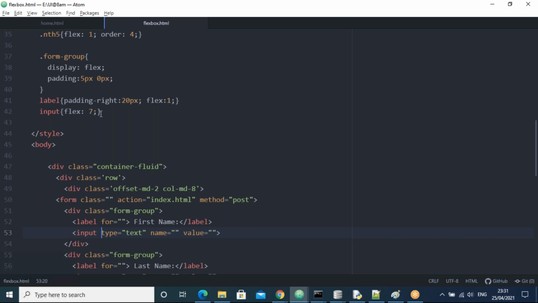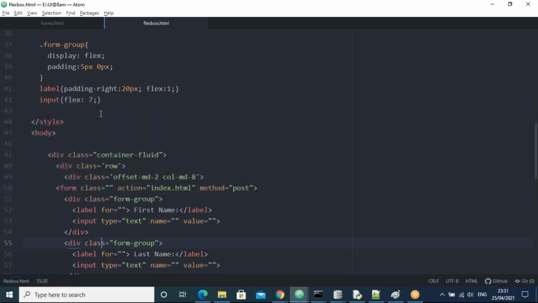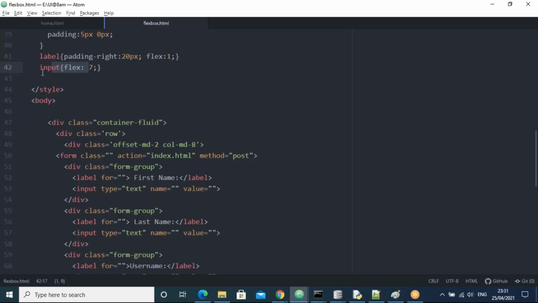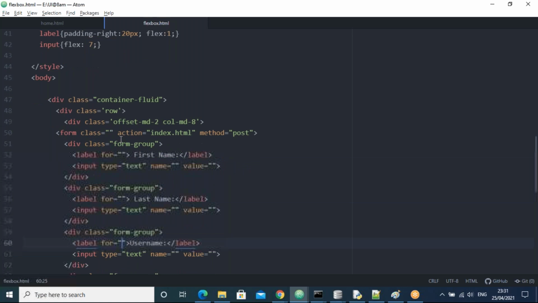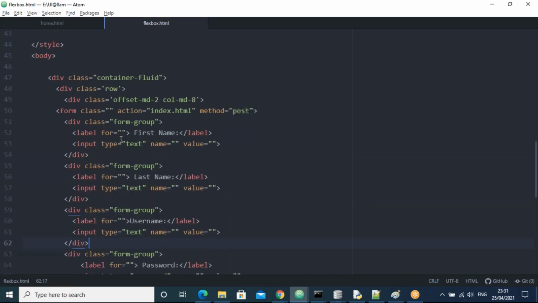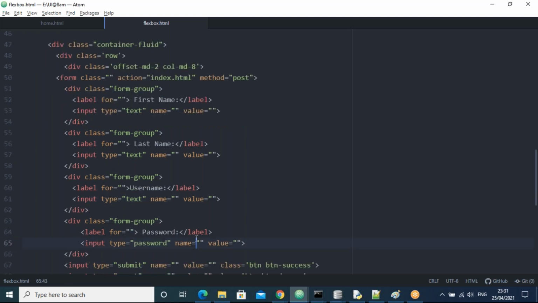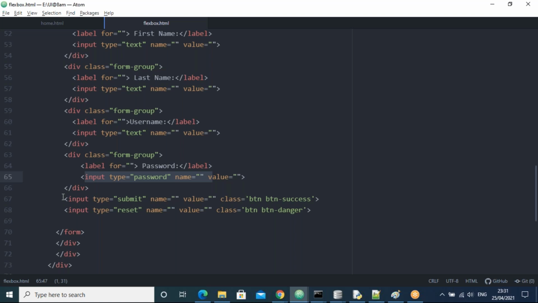The same style is being applied to all the inputs, applying here also at the same time. What do we do here? We discussed this point already. Here an input is there, here an input is there, and also here. I want to apply the style for those inputs only, not for these inputs. Then what can I do?